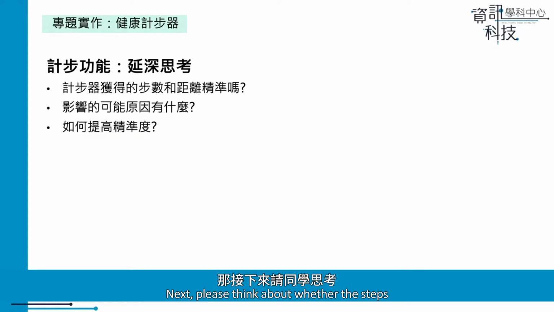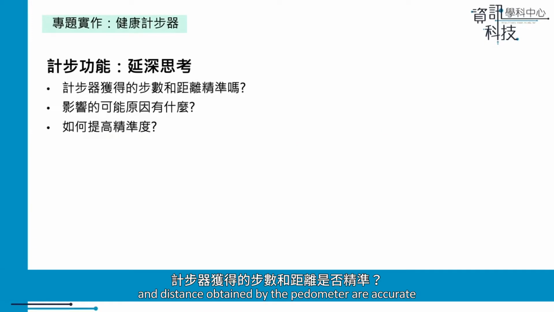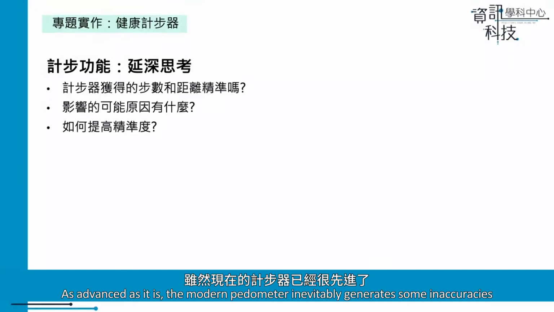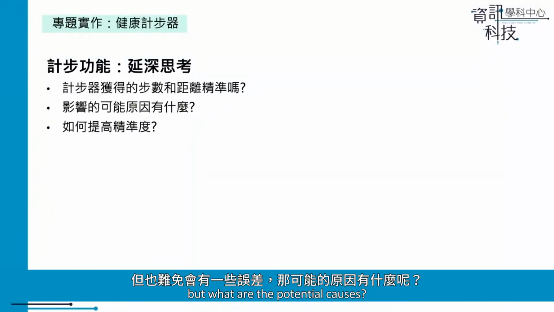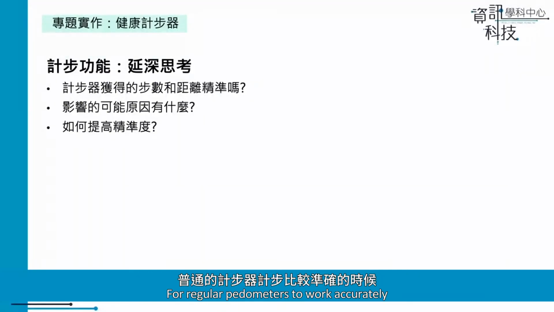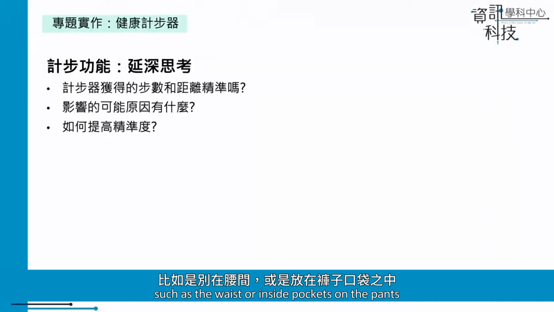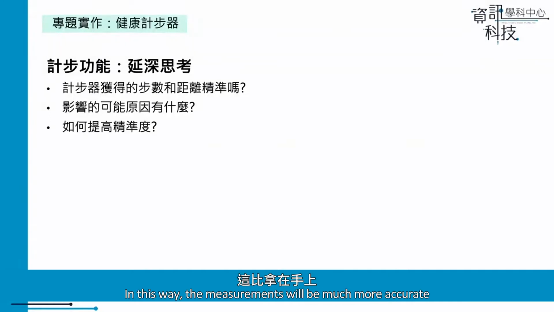Next, please think about whether the steps and distance obtained by the pedometer are accurate. As advanced as it is, the modern pedometer inevitably generates some inaccuracies, but what are the potential causes? For regular pedometers to work accurately, they should be placed on some part of the user's body, such as the waist or inside pockets on the pants. In this way, the measurements will be much more accurate than holding the pedometer in the hand or keeping it